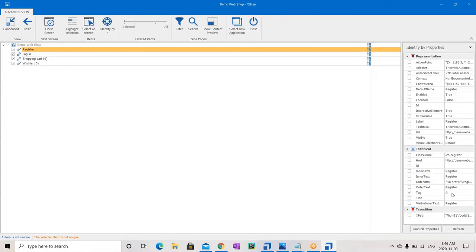Usually they use tag A for hyperlinks. Now the tool doesn't understand which hyperlink you want to select. I want to be more specific, so again in the tags you have to go for a tag which has inner text as register.